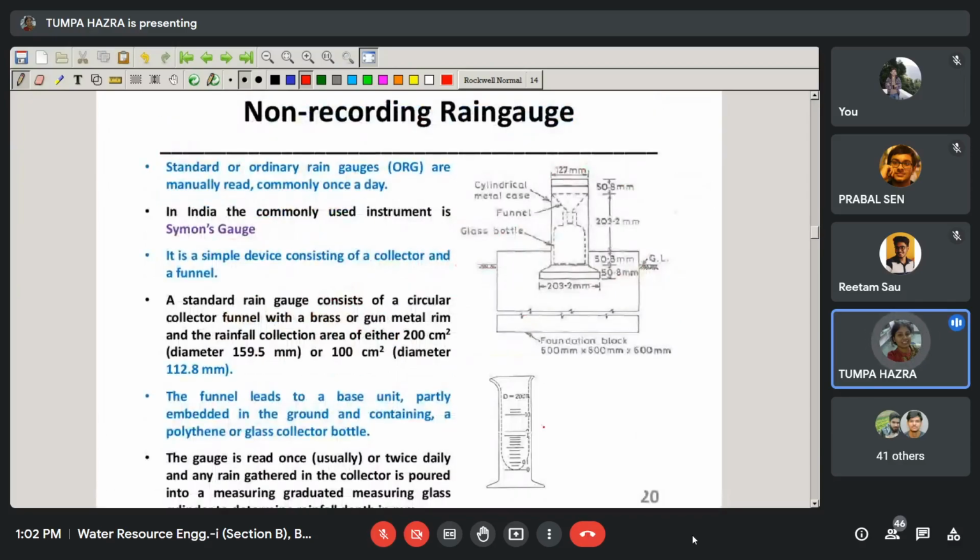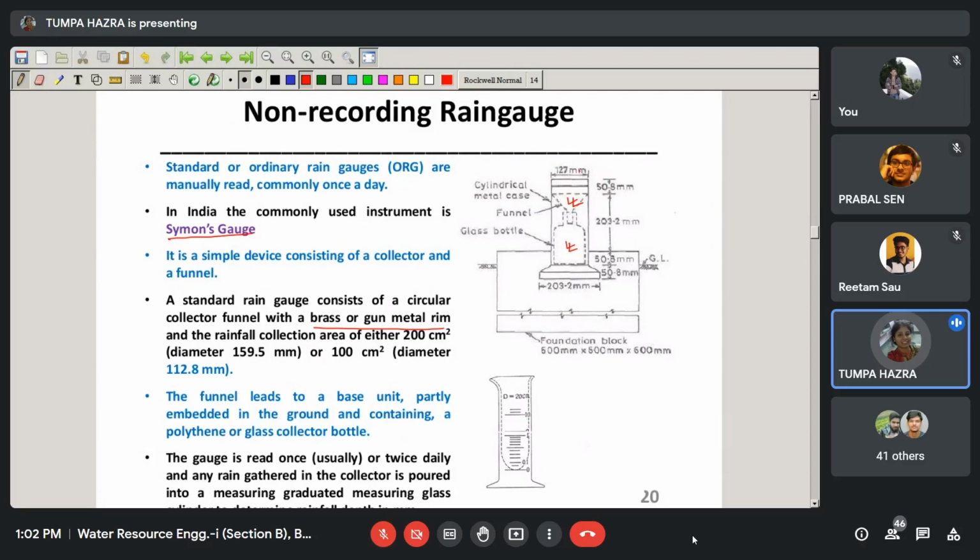Now what is a non-recording rain gauge? I already have told you that in India the non-recording rain gauge which is used is known as Simon's rain gauge. It is a very simple device consisting of a collector. Here you can see one collector and a funnel. It is basically made up of brass or gunmetal